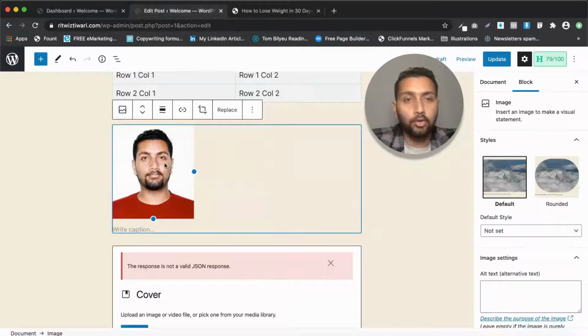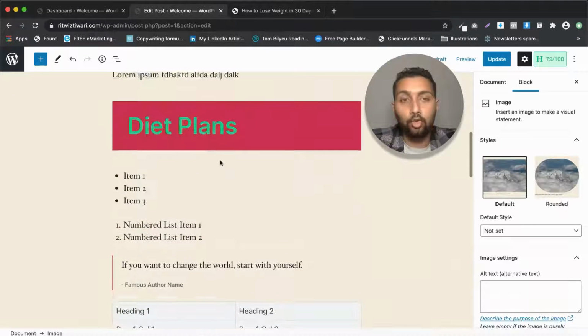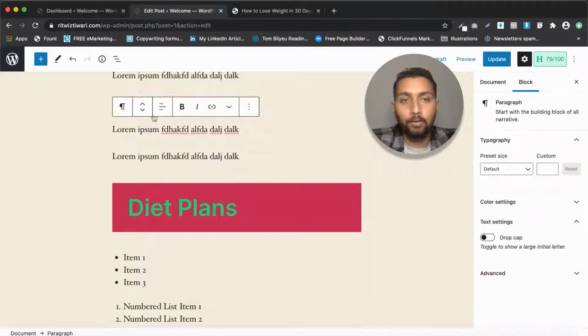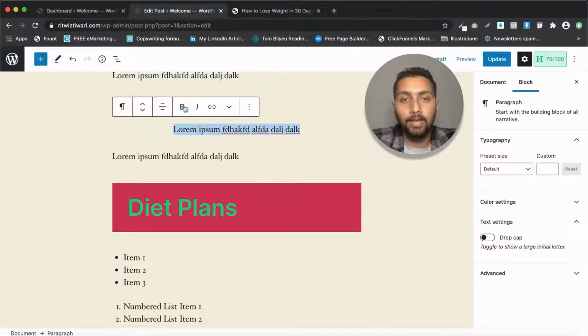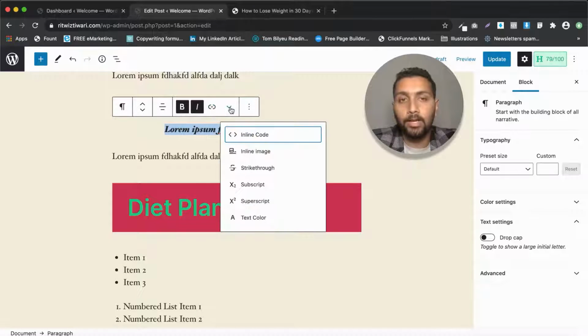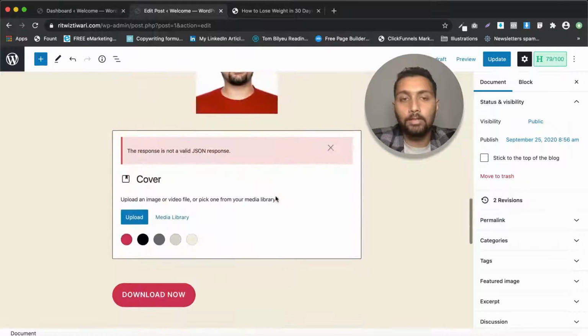Yeah, so now you can see here that I can center align this photo. All right, and I also want to show that for paragraphs also, you have these options of aligning them in the center, in the right. You can bold them if you want. Like I can select them, I can bold them, I can italicize them, I can link these as well. All right, so these are all the other options, if you want superscript, subscript, and you can change the text color, you can do that. Okay, so let me just make it pink. Okay, so these are all the options.